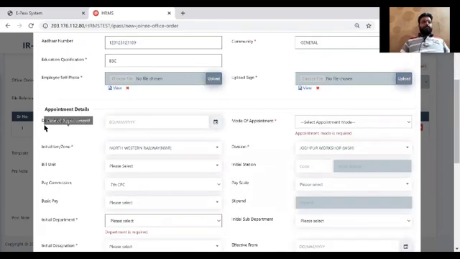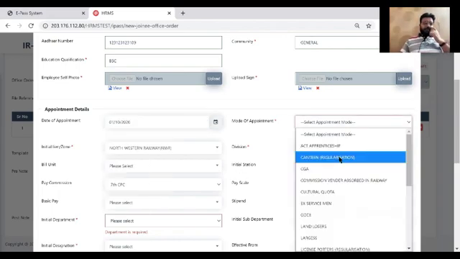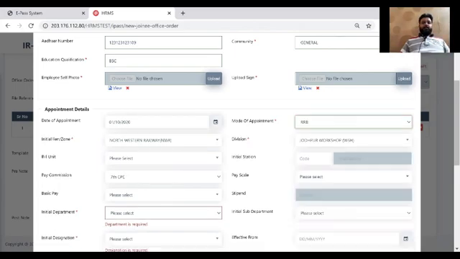Now I need to enter the date of appointment of the new entrant. Then mode of appointment, we have listed out all the possible modes of appointment here. So you need to select whatever the mode of appointment is.